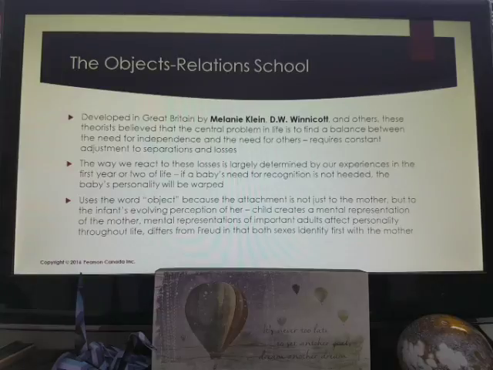This approach can be applied for many different purposes. They've applied it to try to predict if a client will benefit from psychotherapy, to help people deal with disability and loss, as well as to try to explain why some people harass others online. So like we said, both sexes first identify with the mother, but then boys must break away from their mothers to develop their masculine identity. As a result of this, men tend to develop more rigid boundaries between themselves and others than women do, because they have to break away from that identification with their mother in order to develop their masculinity.